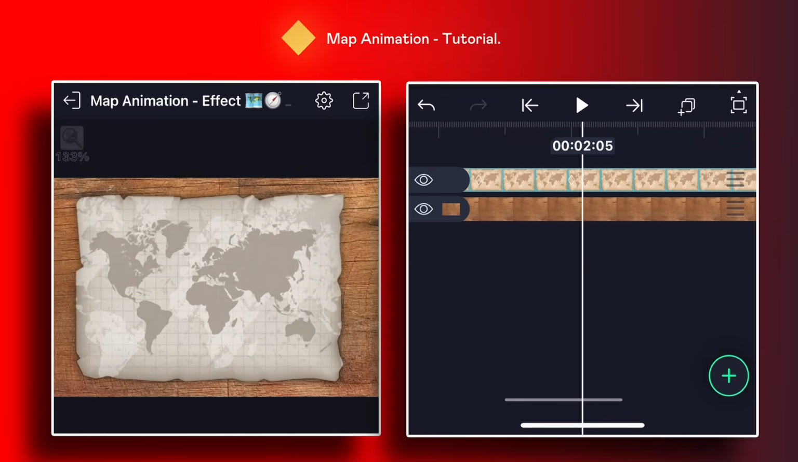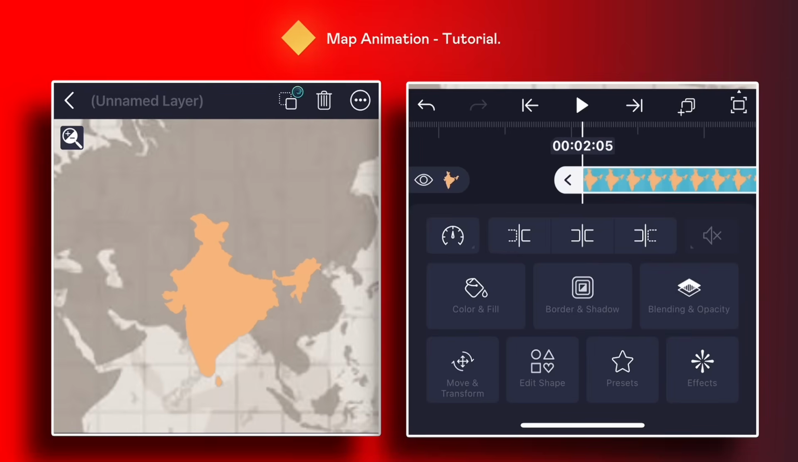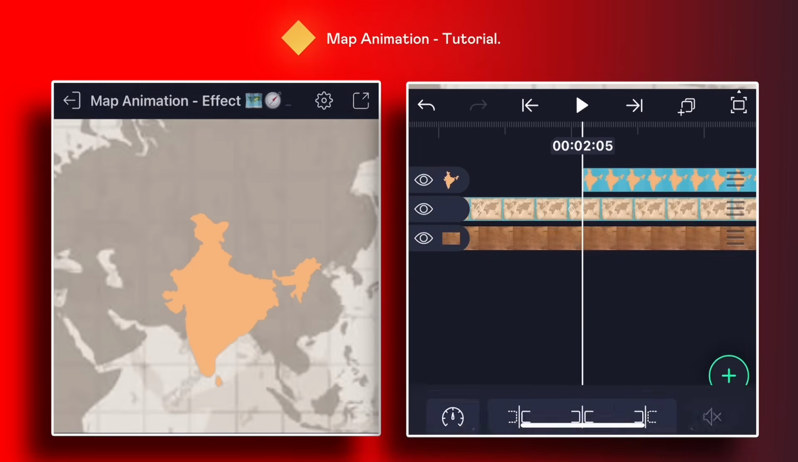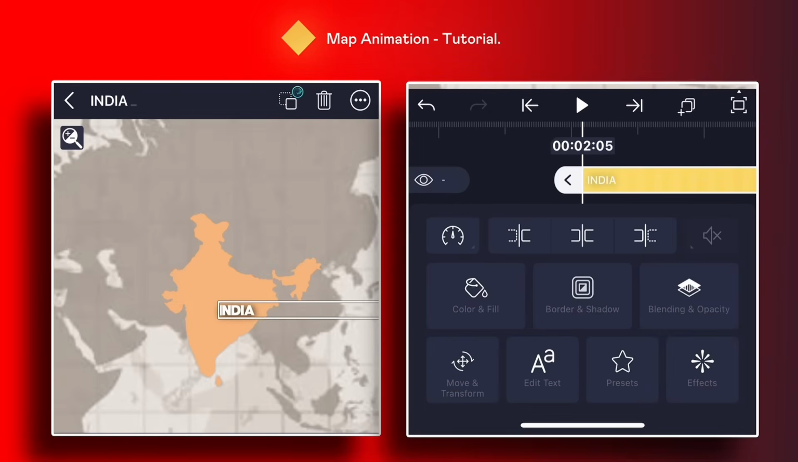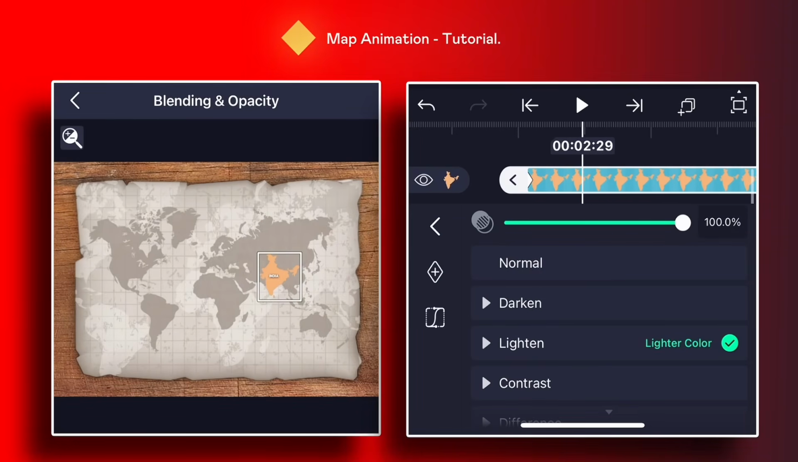Okay, ready. Now you have to zoom in. Well, it's a world map image, so I have zoom on India location, so you can adjust a image or PNG like this, and I have add text India like this, and okay, I have done. Now zoom out and you can select your PNG, add 2 keyframes on opacity and just